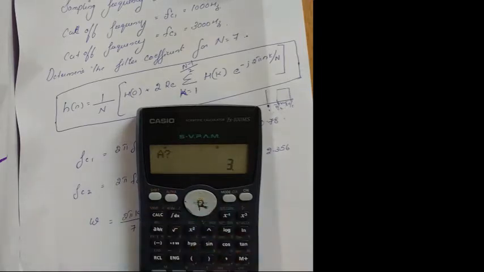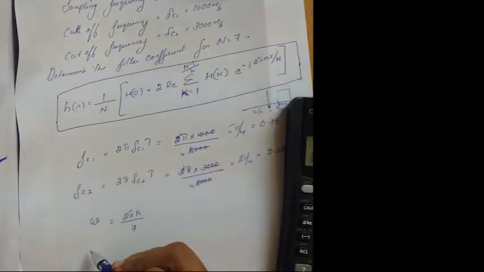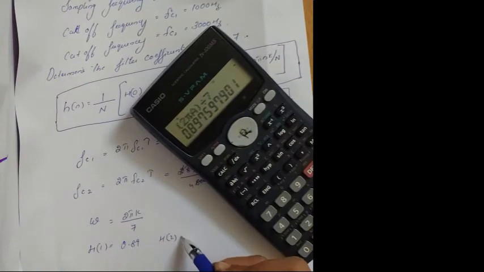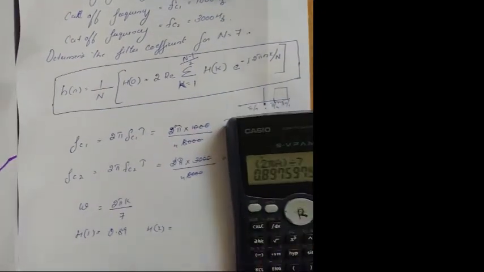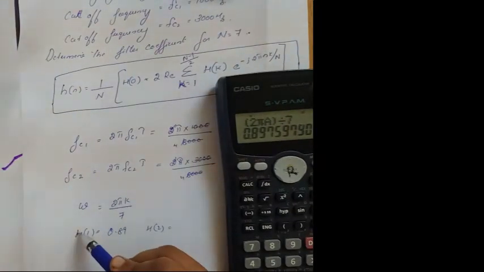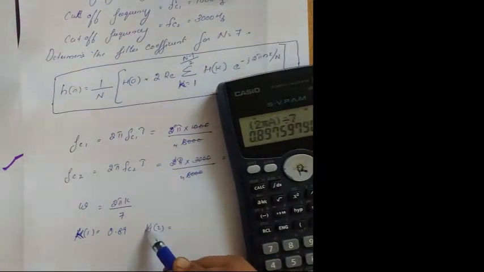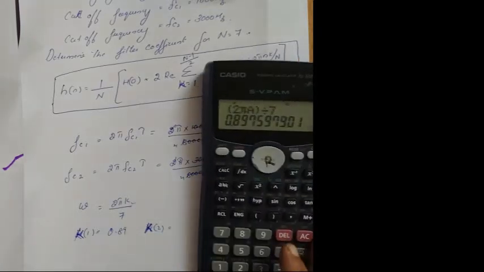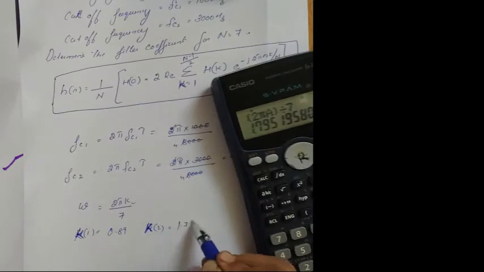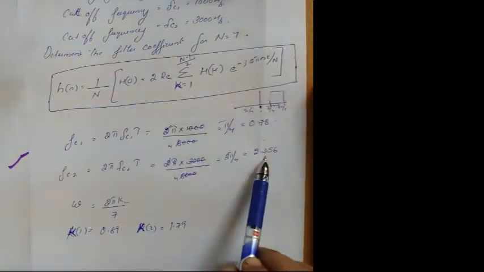Calculating: k is 1, since 0 is not there, so for k equal to 1 you got 0.89. To find the value I'm just giving h over here, or you can give k; k is equal to 1, and when k is equal to 2, you are varying the values for k. For k equal to 2, you get 1.79. So it is in between these two values.